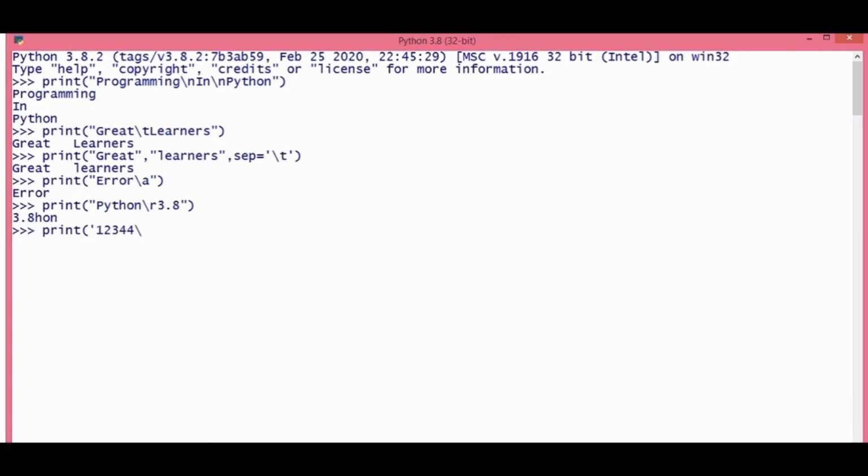I'm writing the example for \b. \b is for backspace. So during runtime, while accepting some input, you may want to delete a particular character by removing it with the help of a backspace key. So you can write it in this way. Now the character towards the left of this \b has been removed. So I wrote digit 4 twice, and you can see one of the digits has been removed in the output.